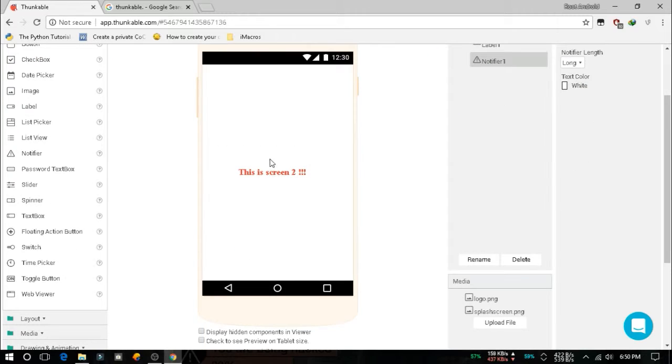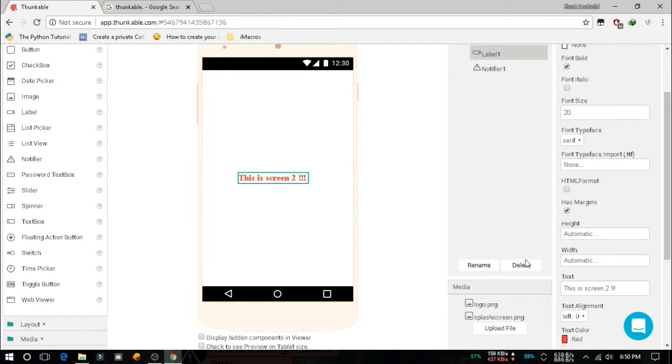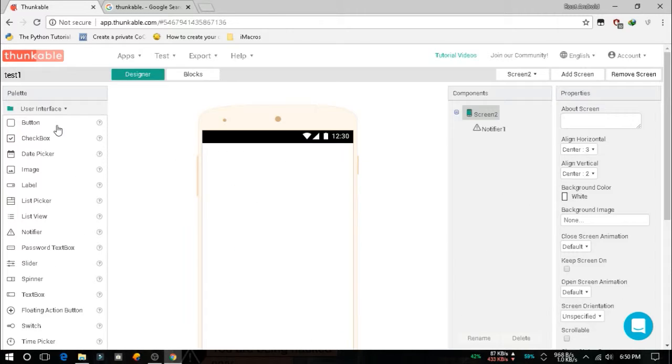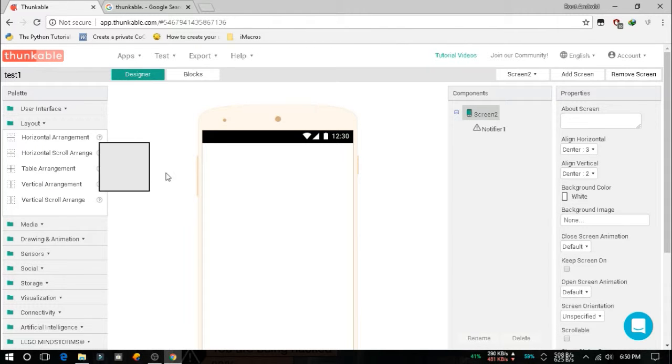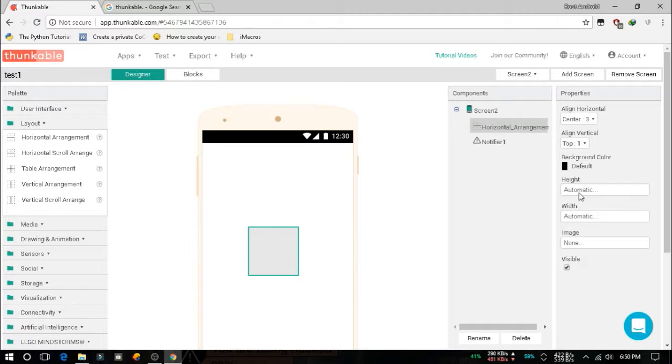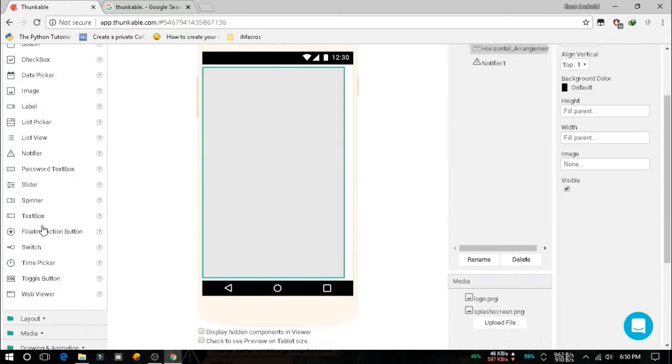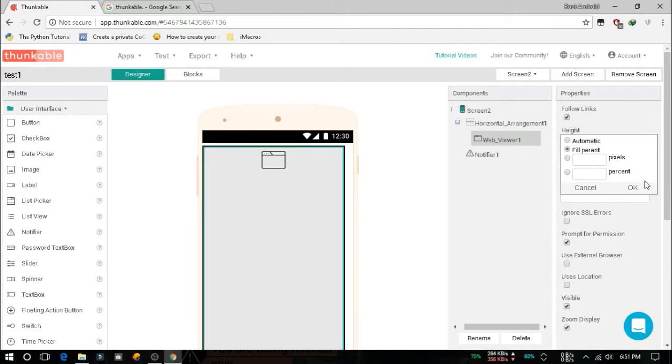So let's say this screen, I will delete this, and let's add a layout, horizontal layout, and fill parent and fill parent. So go to user interface and add a web browser, that is WebViewer, and fill parent and fill parent, and